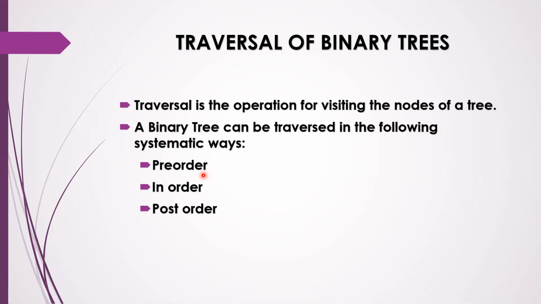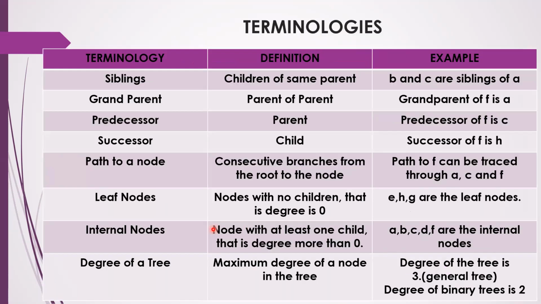And in post order, it is root in the final position. So it is left, right, and root. Okay, so these are the three ways how we will traverse through the binary trees. For example, if you take